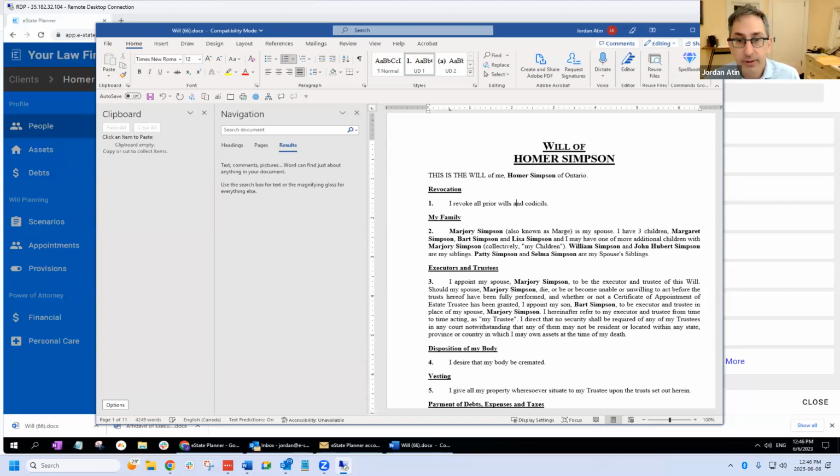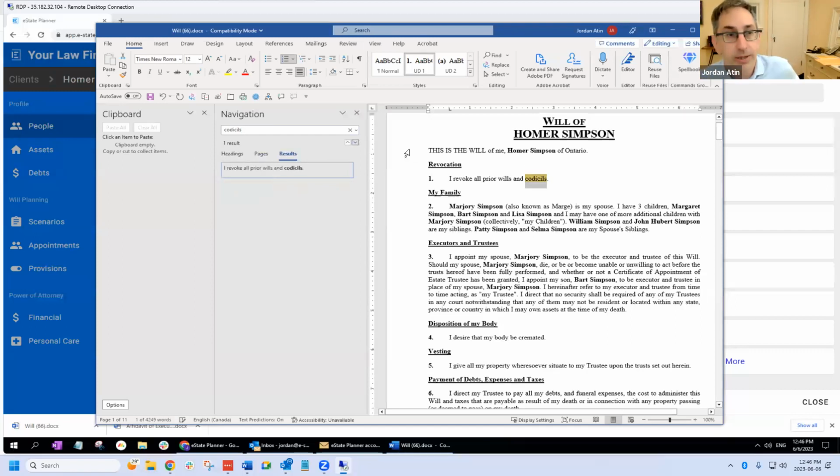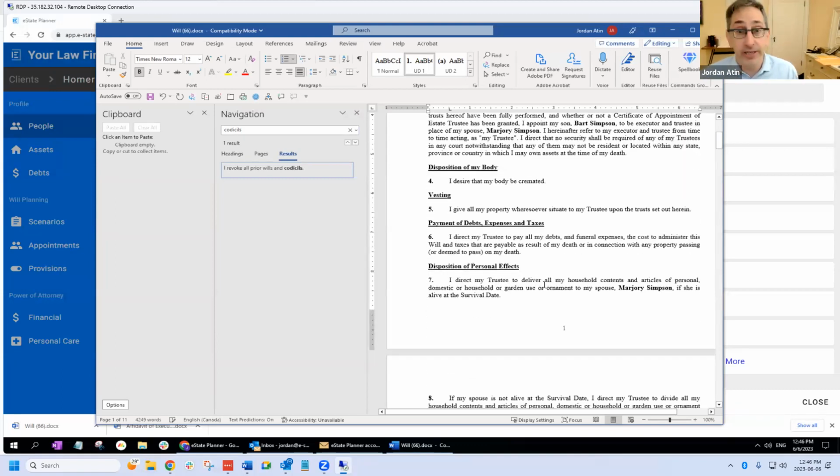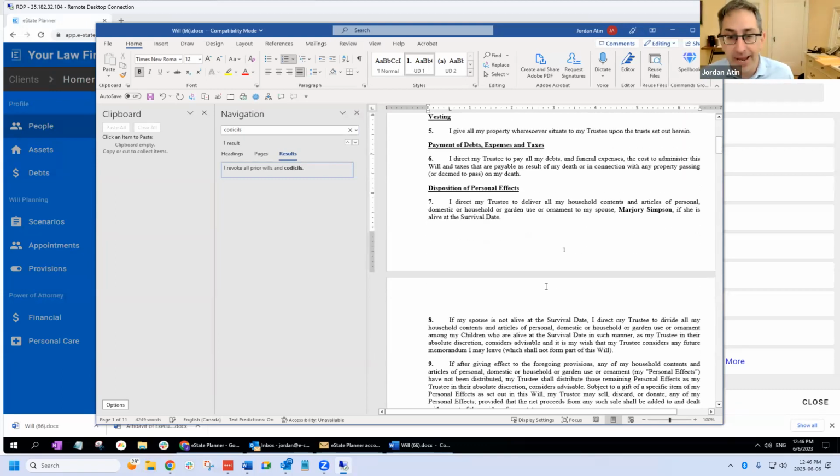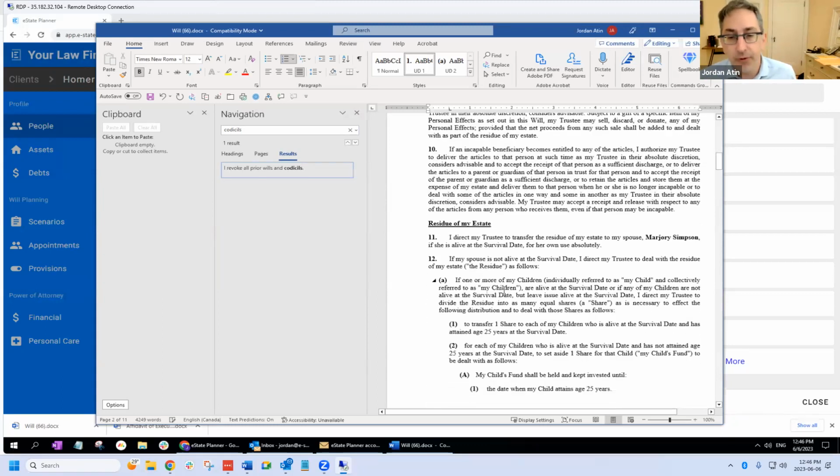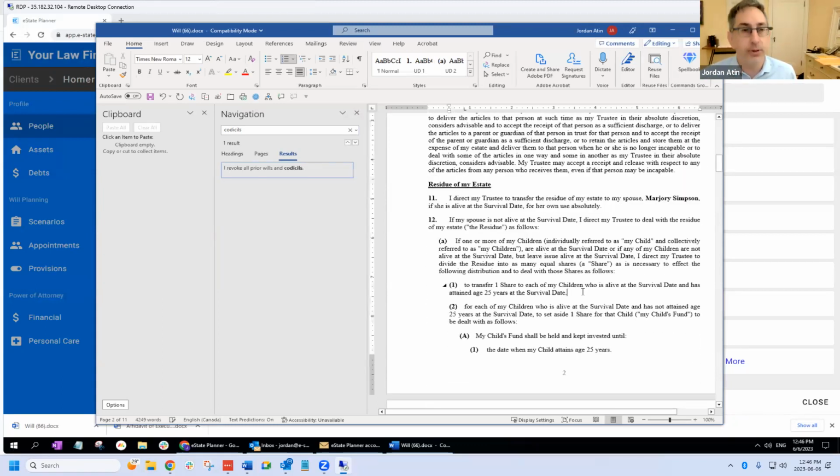Oops, codicils, and it'll list all of those items if it only appears once, kind of thing. More importantly, though, is the idea of cross-referencing. So eState uses, and you should, even if you didn't use eState or you're doing manual edits, it refers to different paragraphs. Whenever you're referring to another paragraph, don't hard code that. Don't say, pursuant to paragraph,